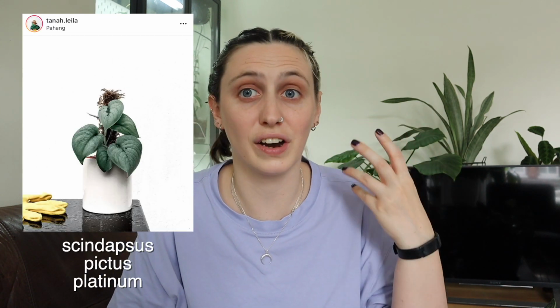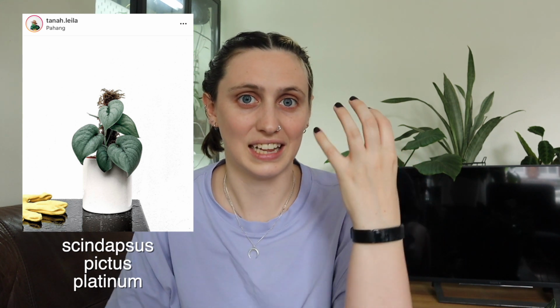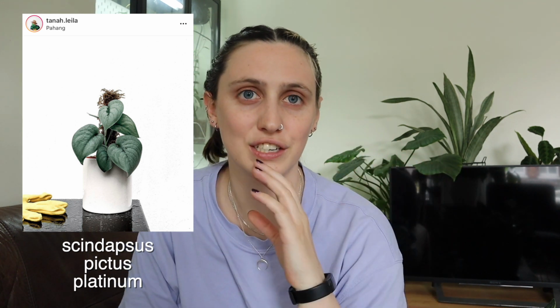And then the other one is a platinum, which is similar in that it's a very white, bright, intense silvery leaf, which is my vibe. So those are the ones that I'm looking for in the future. If any of you have them and you want to trade, or I could buy them off of you, let me know, reach out. I'm not looking, but...